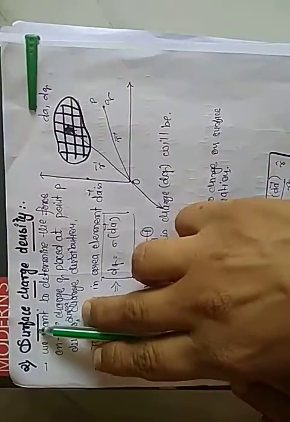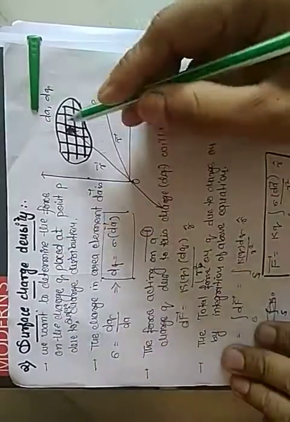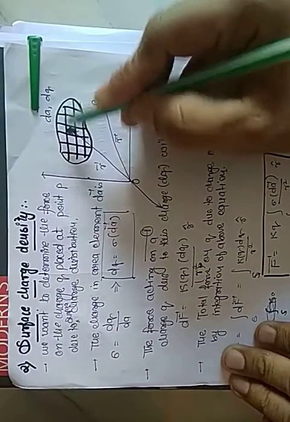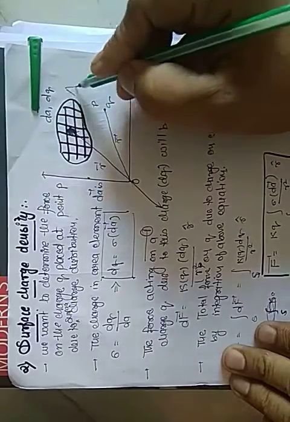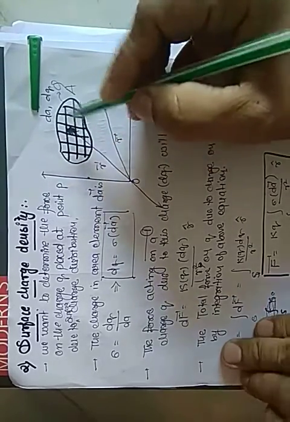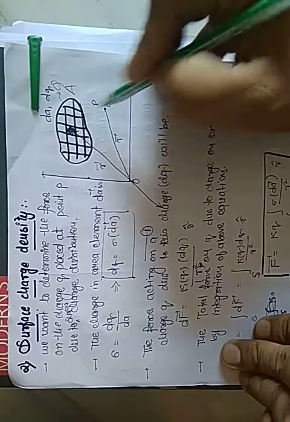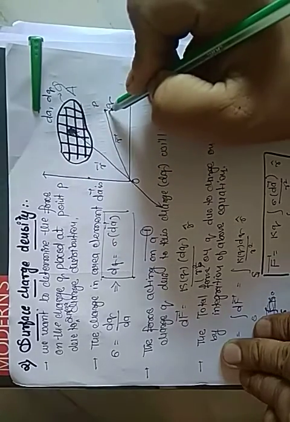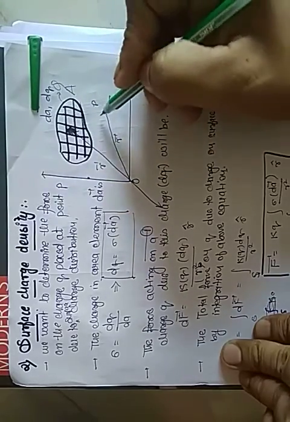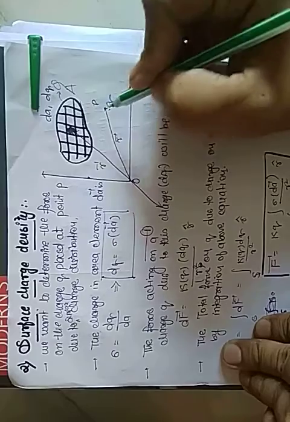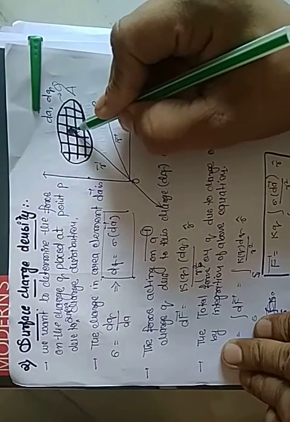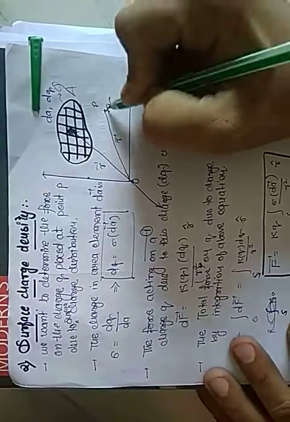Similarly, we can find out the surface charge density also. Now surface charge density is used for area. So this is a huge area. Now the total area is capital A and the total charge is Q. But if I want to calculate the force between the whole area and one charge, what are we going to do? If we want to calculate force, we want only a single charge. One charge is here, another charge we can cut from the segment. So we are going to cut from this segment. So this is one charge, this is the second charge.